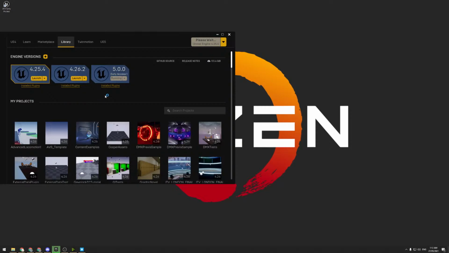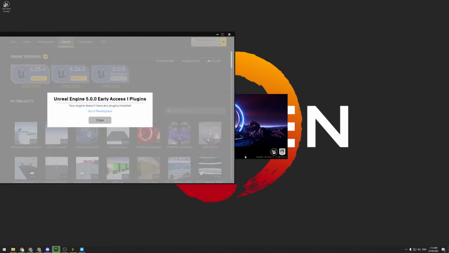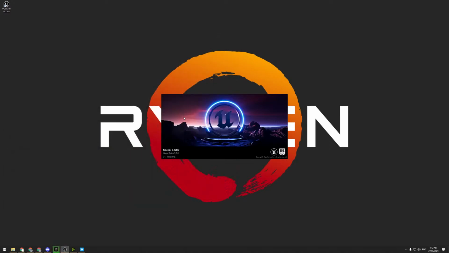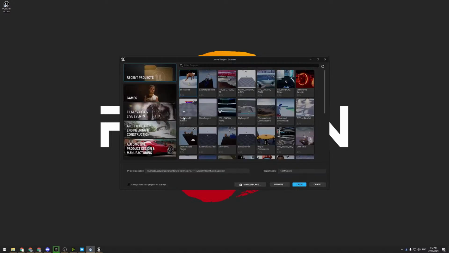Launch. Allow access. No plugins installed. That's okay. Oh, that's not bad. It's pretty cool. That is an emissive mesh lighting, then I'm happy with that. Let's see how many crashes I get. Loading, that felt almost faster than...